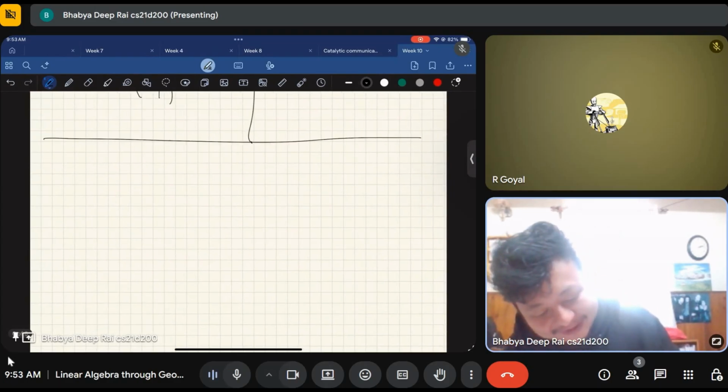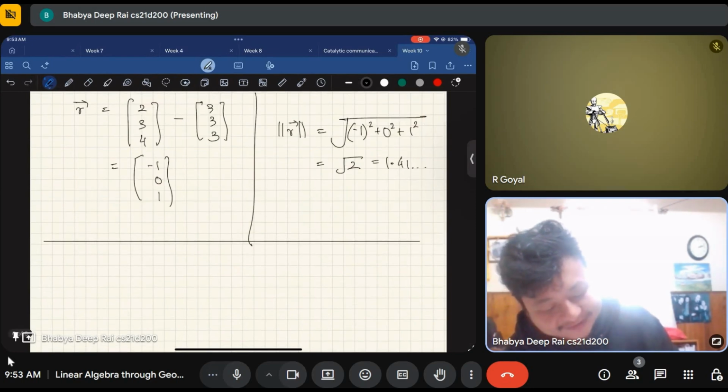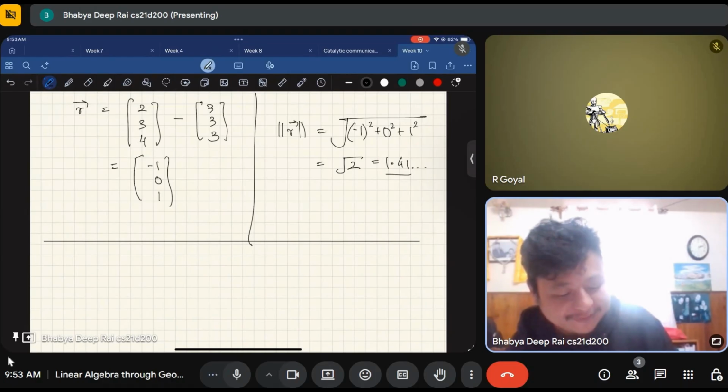Okay. So it means that I cannot get a better value than 1.41 and so on. In some sense, it gives a lower bound. Okay. Now,